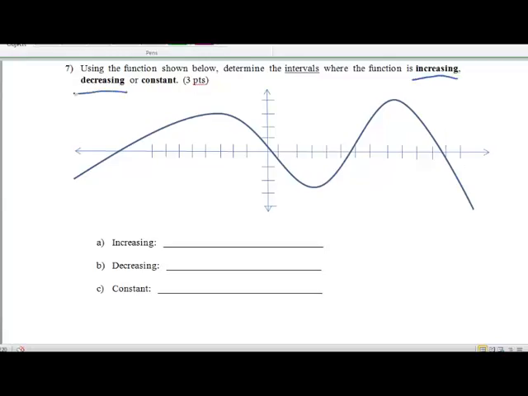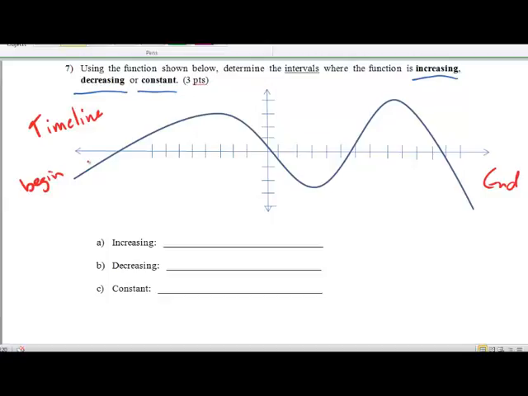Okay, question 7 says using the function shown below, determine intervals where it's increasing, decreasing, or constant. So really, you're going to be reading this graph just like you were looking at a historical timeline. The x-axis is measuring time, if you will, with the beginning always being on the left and you end over on the right. So you start at the beginning of time, or way back to the left, and you start reading the graph